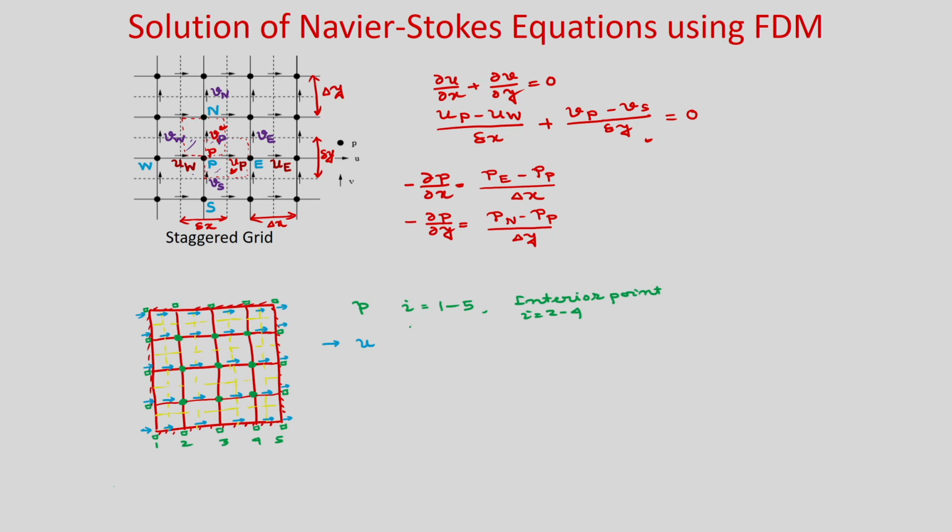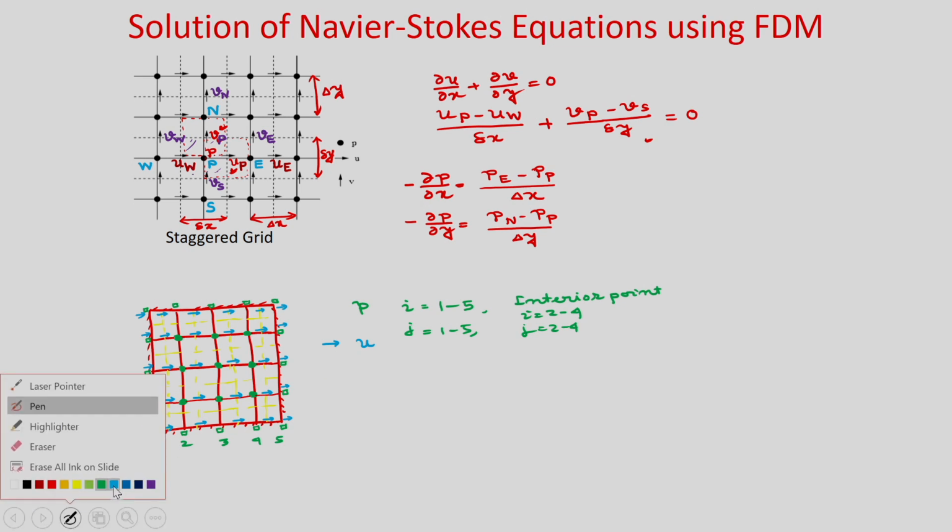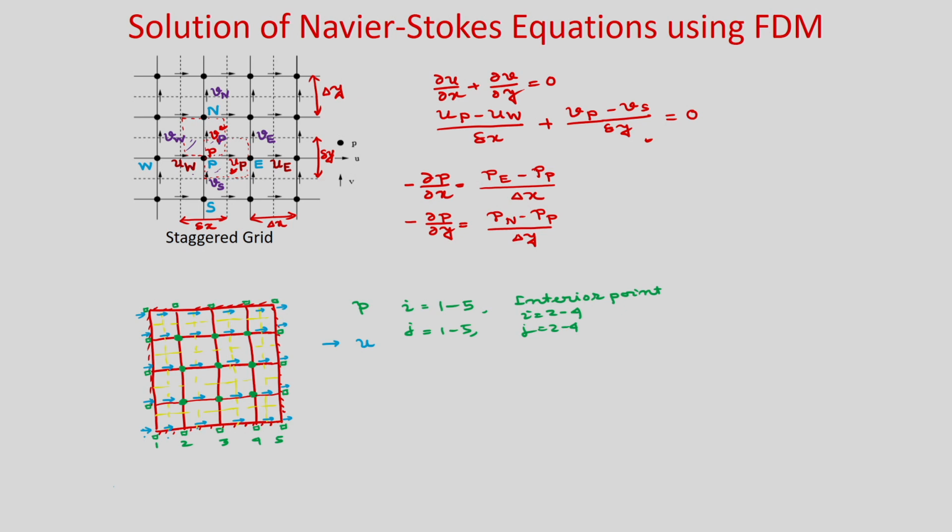Now, you see P j is varying, j is varying 1, 2, 3, 4, 5. So, 1, 2, 5 and interior points j varies 2 to 4. Okay. But for u, you see 1, 2, 3, 4, 5, 6. So, I varies 1 to 6, and interior points vary 2 to 5, and j varies 1, 2, 3, 4, 5, but it varies 1 to 5, and interior points vary 2